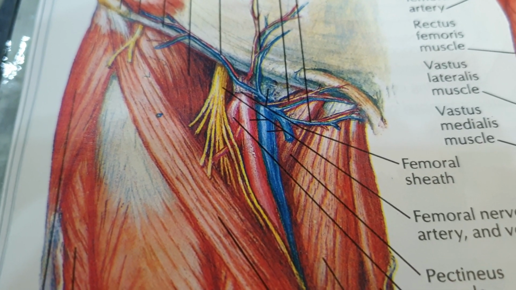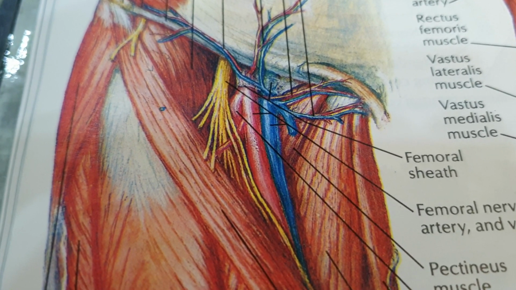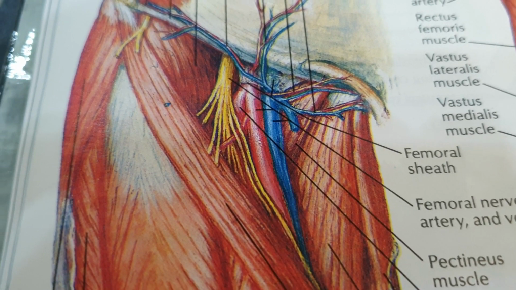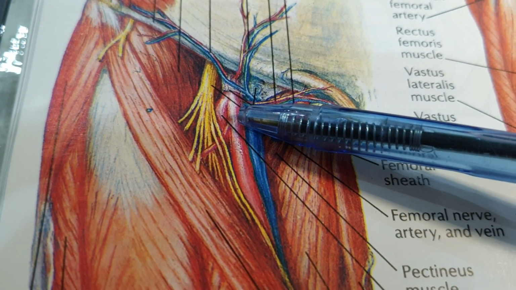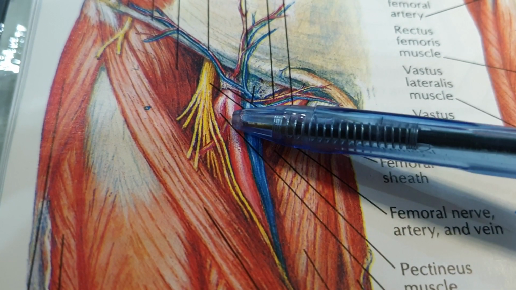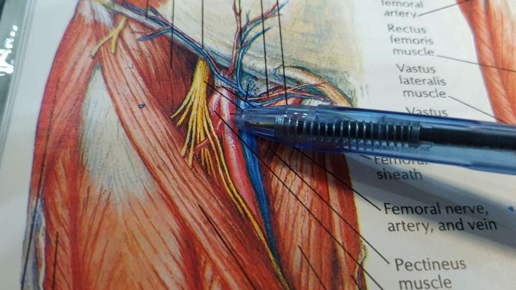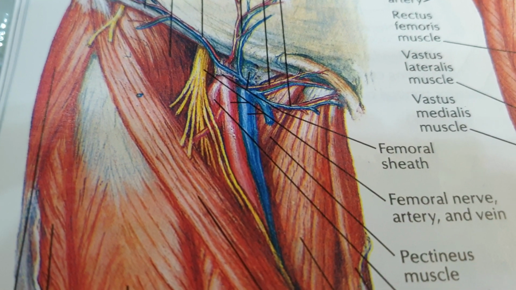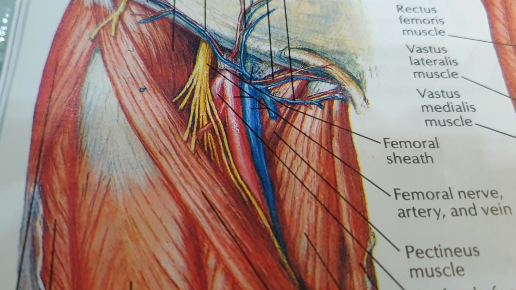I already told you that the first few centimeters of the femoral artery are covered by the femoral sheath. So the femoral sheath is covering the artery from the anterior side and also from the posterior side. As I told you, the first of the posterior relations of the femoral artery in the thigh is the psoas major, and the fascia covering the psoas major muscle is the fascia iliaca, which also forms the posterior wall of the femoral sheath.